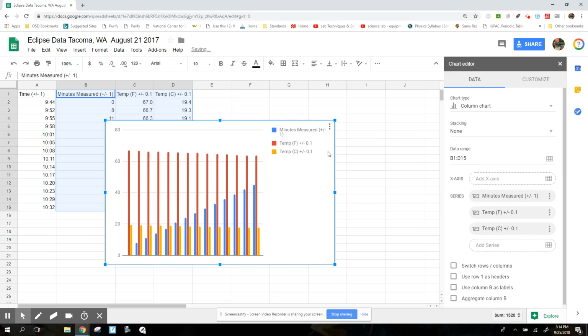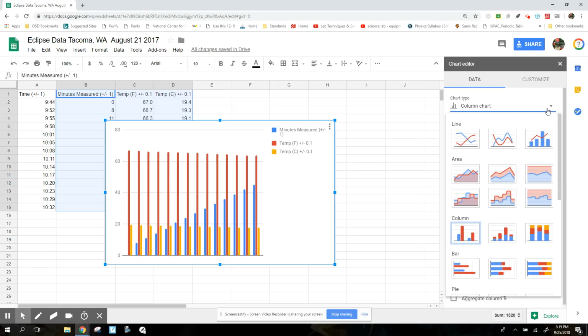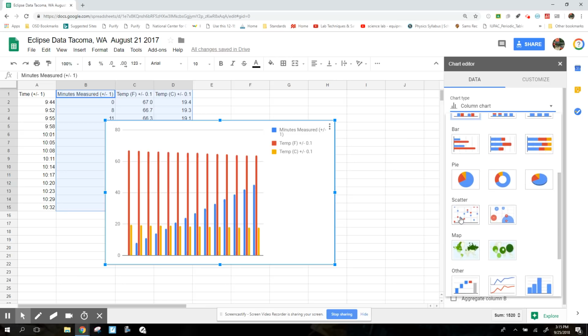And it's going to give me a bunch of options. I do not want a bar graph. Bar graphs do not interest me. In fact, in physics, we will be using scatter plots 99.99% of the time, because scatter plots are a good way to show the relationship between variables. So I scroll down and find scatter plot,